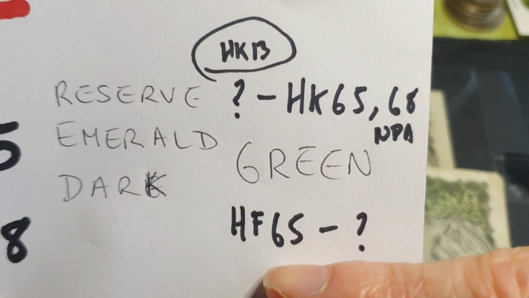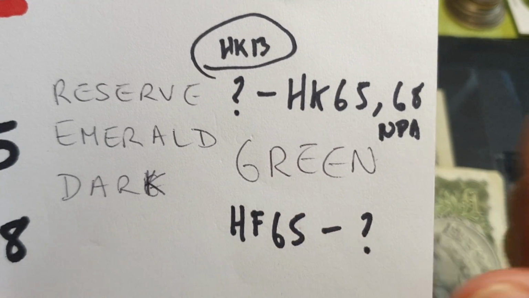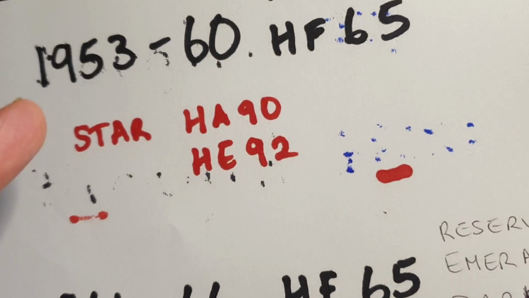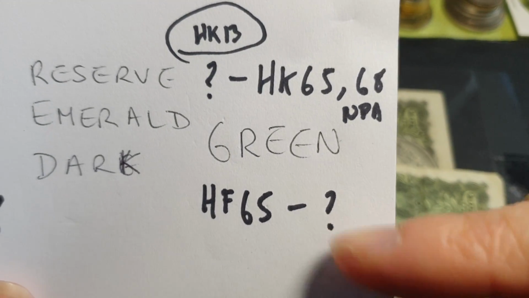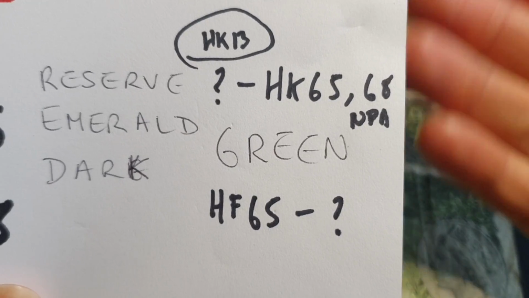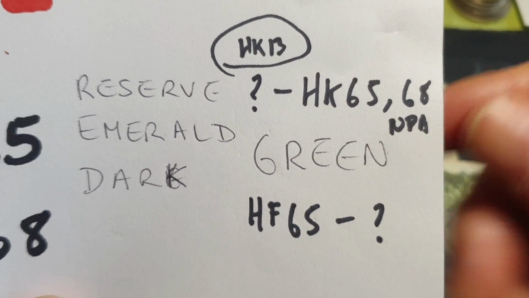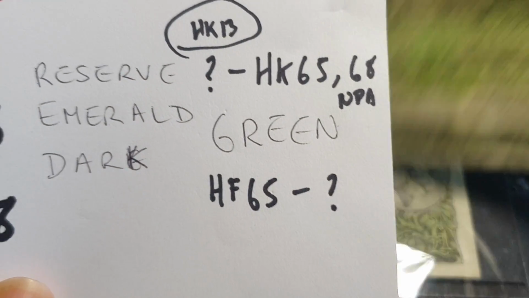The dark green, we know it's HF65, so when they first issued them. So the dark green ones were also the 1953 to 60. But we don't know when they actually ended. So if you have any Reserve Bank of Australia